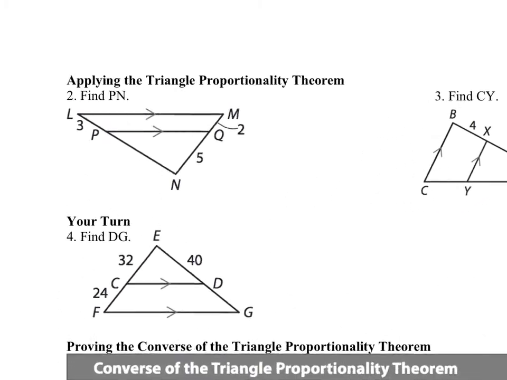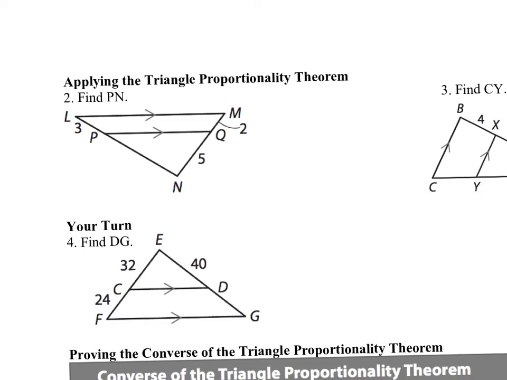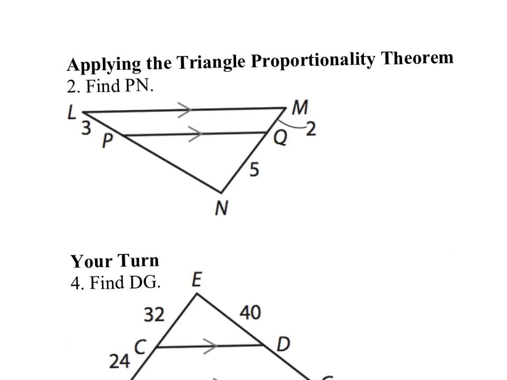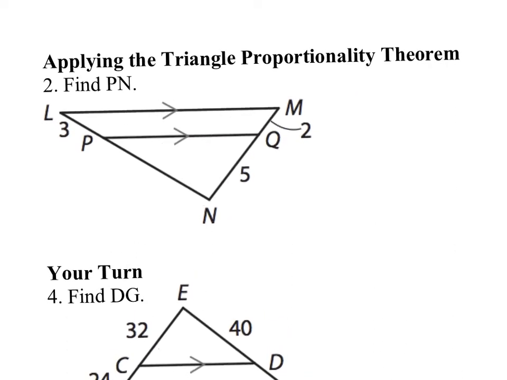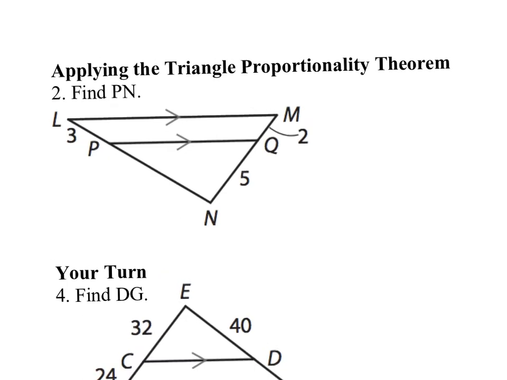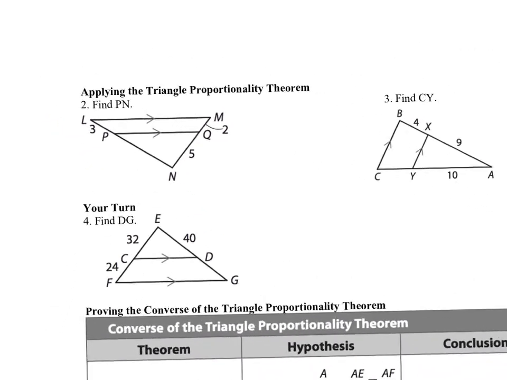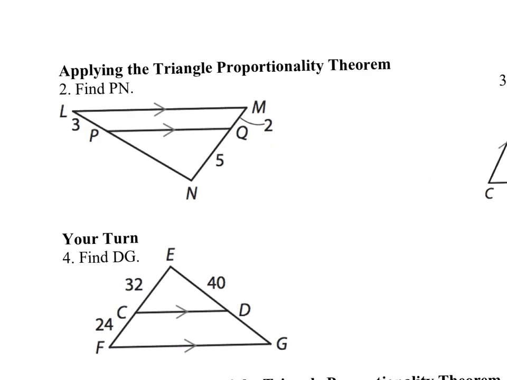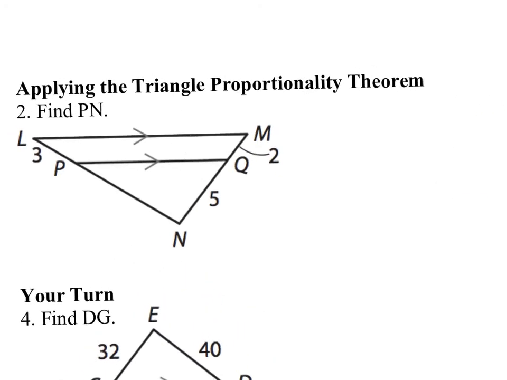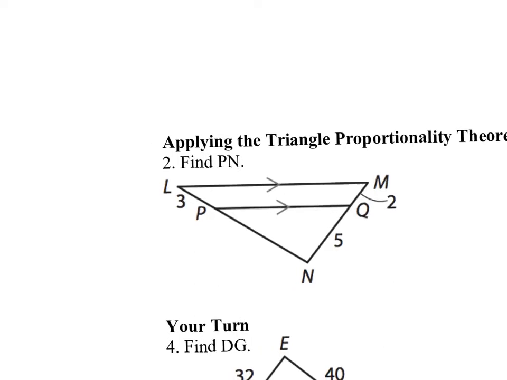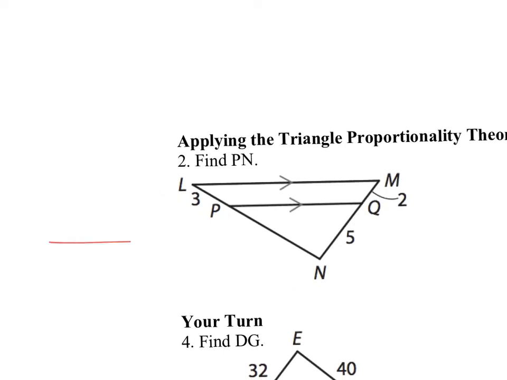So actually putting this into action, we're going to apply this here. A couple of example problems. So number 2, we're going to find PN, and sorry it's a little angled so weirdly, I apologize. So number 2, find PN, and one thing I'll say is it can be a lot easier if you redraw your triangles so that the two parallel lines are down at the bottom. So if I redraw them here,